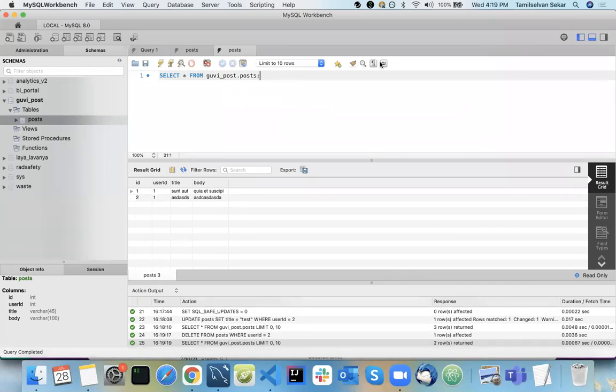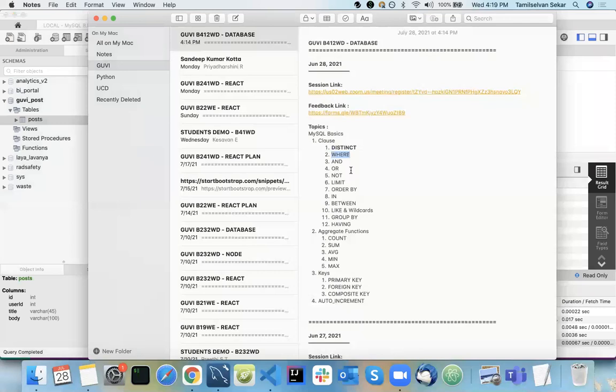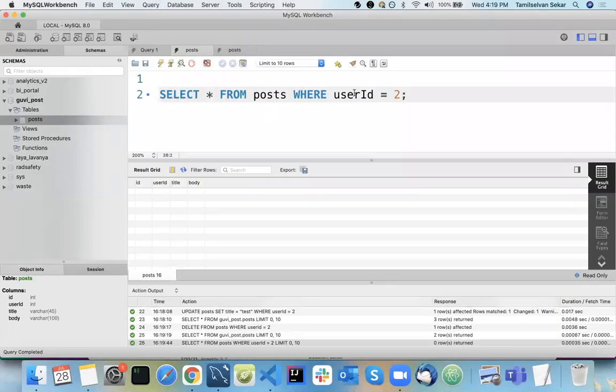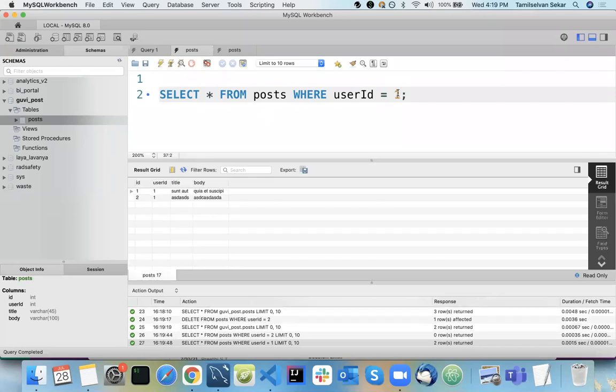So the where condition is done. Let's move on to and, or, not and other things. Here I told you, suppose select star from post where user ID equal to 2, there will be no data, so user ID equal to 1. I just displayed select star from post where user ID equal to 1. So this is one condition. Suppose you want to have multiple conditions, like two conditions, you can use either and,